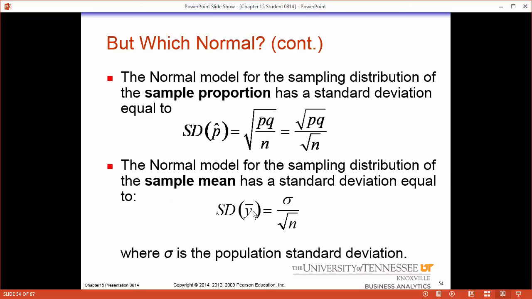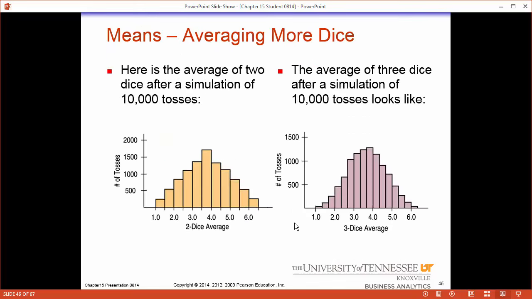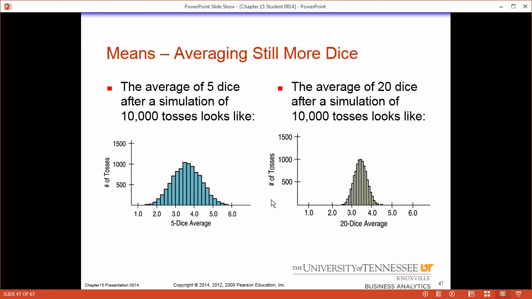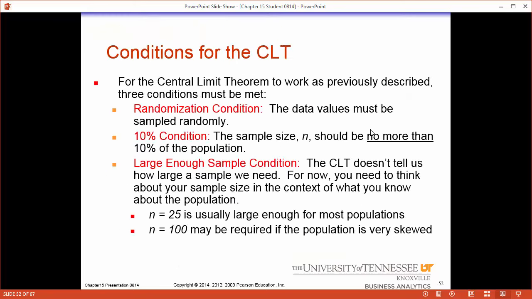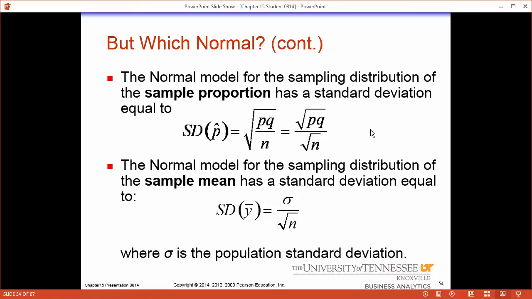So how are we changing up the standard deviation now? Well, the standard deviation follows the same formula. Before we had a normal model with a mean and standard deviation. Now, with quantitative data, we have a normal model with a mean and standard deviation divided by the square root of n. Now think about this, divided by the square root of n. That's going to make this smaller as n gets bigger. And just look at this. Going back in the slides, what happens? Do you see? It gets more normal and tighter, I said. Tighter each time because it's getting divided by the square root of n. That's all that's happening here, it's getting tighter by a factor of square root of n and becoming more normal. And that's the distribution of sample means.